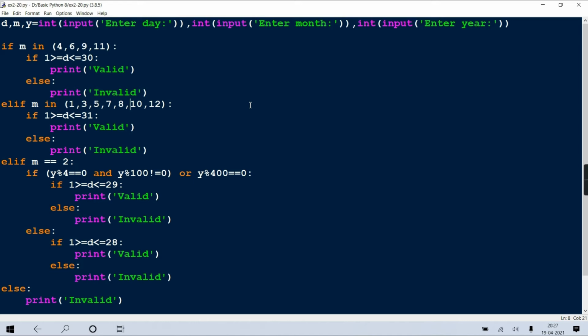Because in that case the days are between 1 to 31, no? So the operator should be greater than or equal to, right? Yes, that's what I've written here, greater than equal. No, I think you mean this operator won't work. Yes, it won't do this checking the other way.